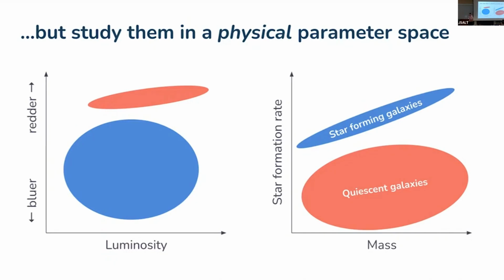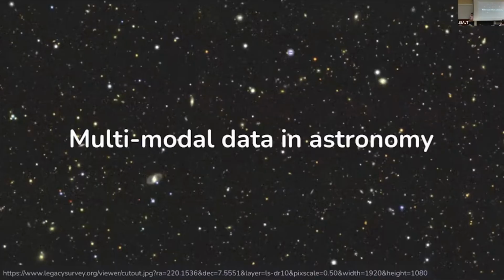All right. Good. I want to talk a little bit about what we mean by multimodal data for astronomy, because in astronomy, there are different types of data sets. Honestly, the ones that I'm most familiar with, and what most people think about, are these images that you see in the background here, where you just survey the entire sky. But there's a lot more to that, and even from images like these, you want to extract different types of information. By the way, this is from something called the Legacy Survey, or actually the Dark Energy Spectroscopic Instrument Legacy Imaging Surveys. But we all call it just the Legacy Survey.